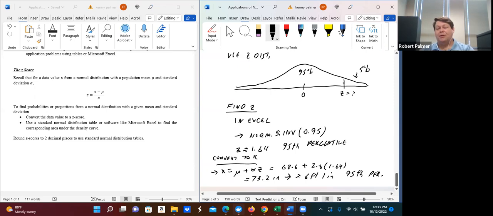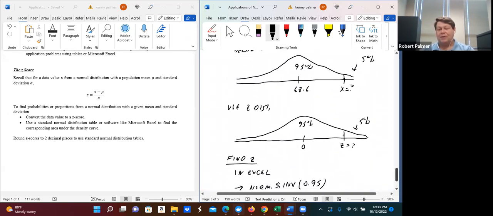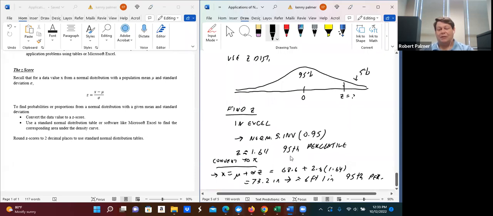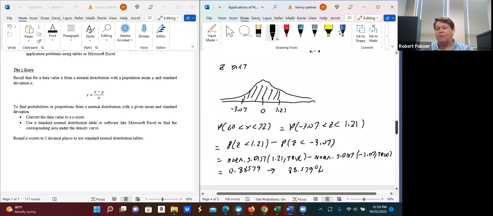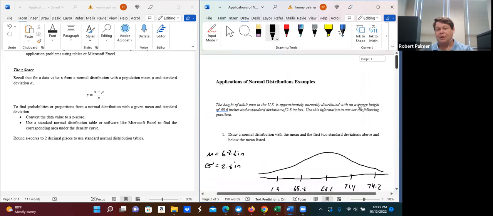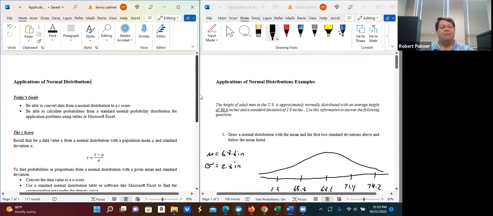So what we did was first find the z that went with that probability. Then we converted that from a z-score backwards using this formula, which you can get by just solving your z-score formula for x. So what we learned today are some applications of what we learned in the previous video on the standard normal distribution, and how to use the standard normal probability distribution